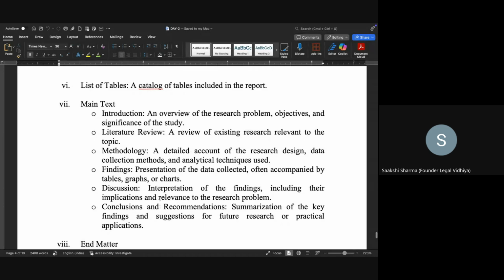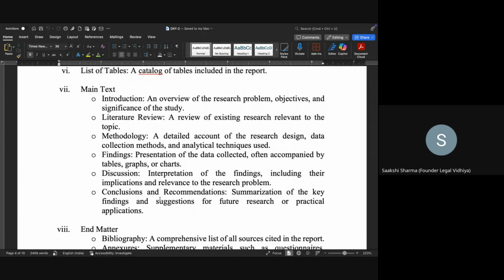देन द डिस्कशन का मतलब बेसिकली ये होता है कि आपने जो डेटा इकट्ठा किया जिसको आप टेबल्स ग्राफ्स एंड चार्ट्स पे डाल रहे हो उसे आप कैसे इंटरप्रेट करते हो. You write your interpretation and then finally you write the conclusion and recommendation. That is जो भी चीज़ें आपने पढ़ी है, जो भी डेटा आपने कलेक्ट किया है, आप उसे समराइज करते हो एंड अपनी की फाइंडिंग्स हो along with suggestions for future research or reforms that are needed to be